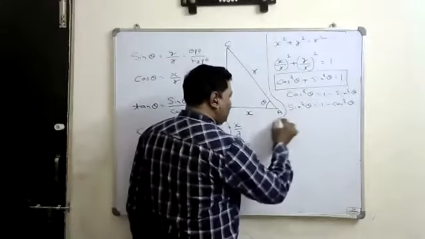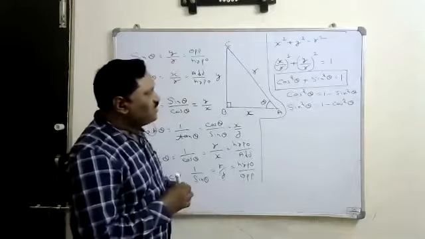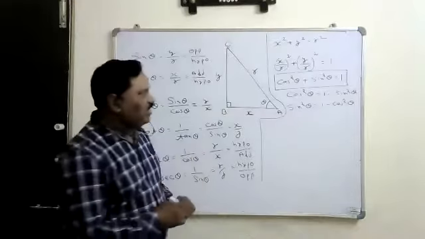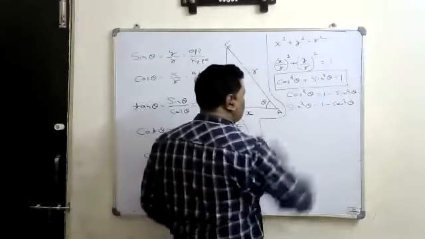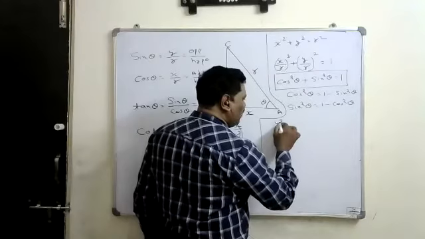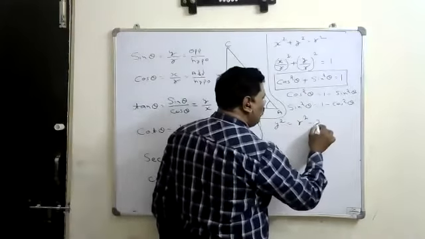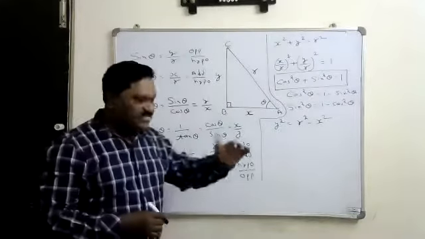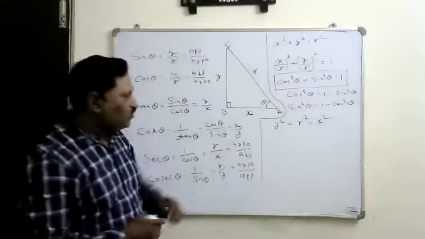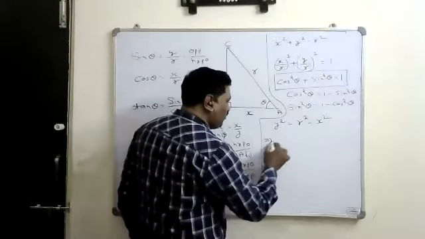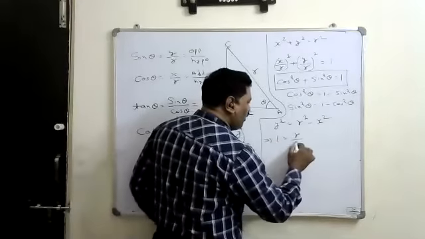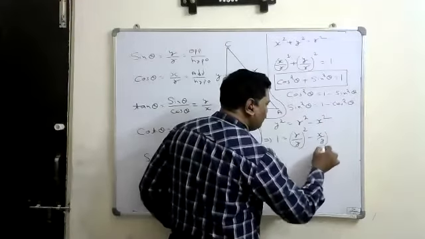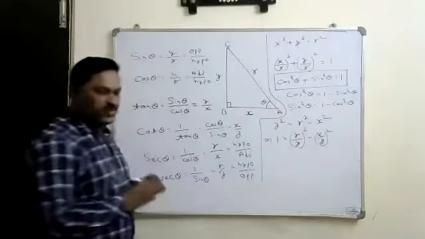And the second identity: take the same Pythagoras law, x square plus y square is equal to r square. In that, send any one term to the other side. Suppose I send the x square to the other side, y square is equal to r square minus x square. Okay. Now divide on both sides by y square. So dividing by y square, 1 is equal to r square by y square, you can write r by y whole square minus x by y whole square. So this is what we are getting.